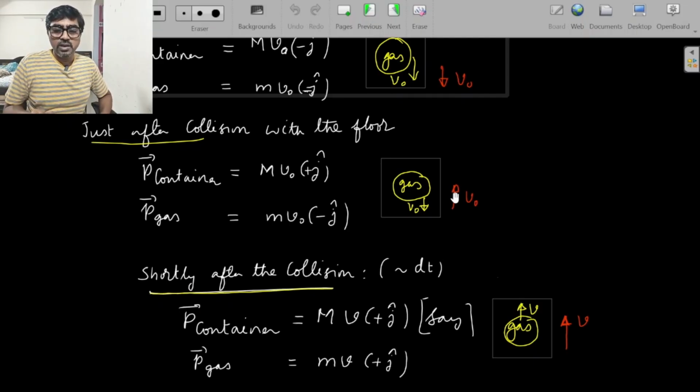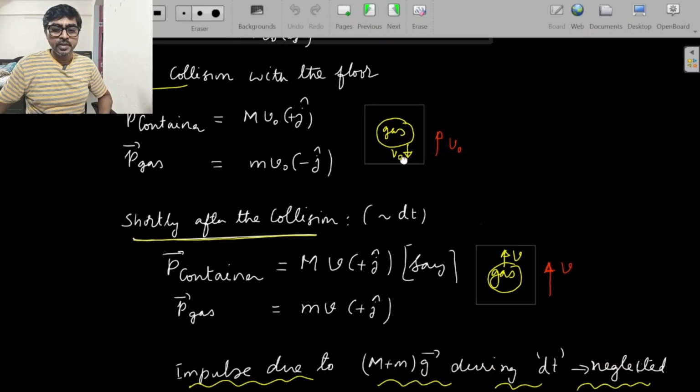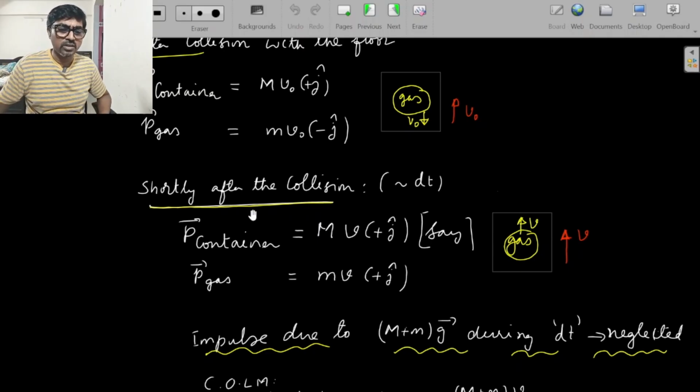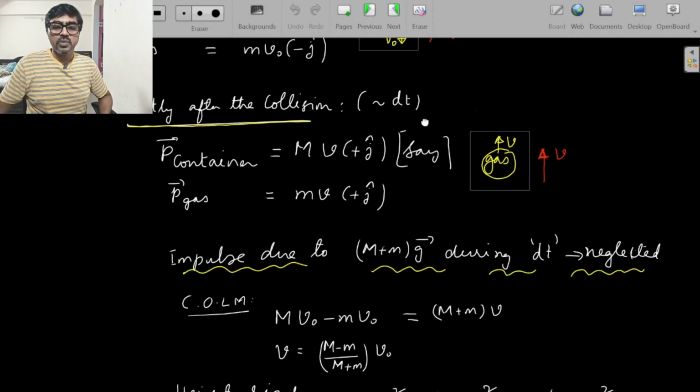Now the next step: the container is going up with V naught velocity initially. The gas molecules are coming down with still the same V naught velocity. Then there is a collision between molecules, extra collisions over and above that random motion because of the difference in relative ordered motion. So whatever collisions you have, that ordered motion will get dissipated in no time. That's what they are talking about. So we can treat it as one macro level inelastic collision, because after that gas and container will go together with common velocity. When they go with common velocity, we say it is a perfectly inelastic collision. So it's like the entire gas is coming down initially with some velocity, but after collision it is going along with the container with the same velocity. That way you can visualize it.